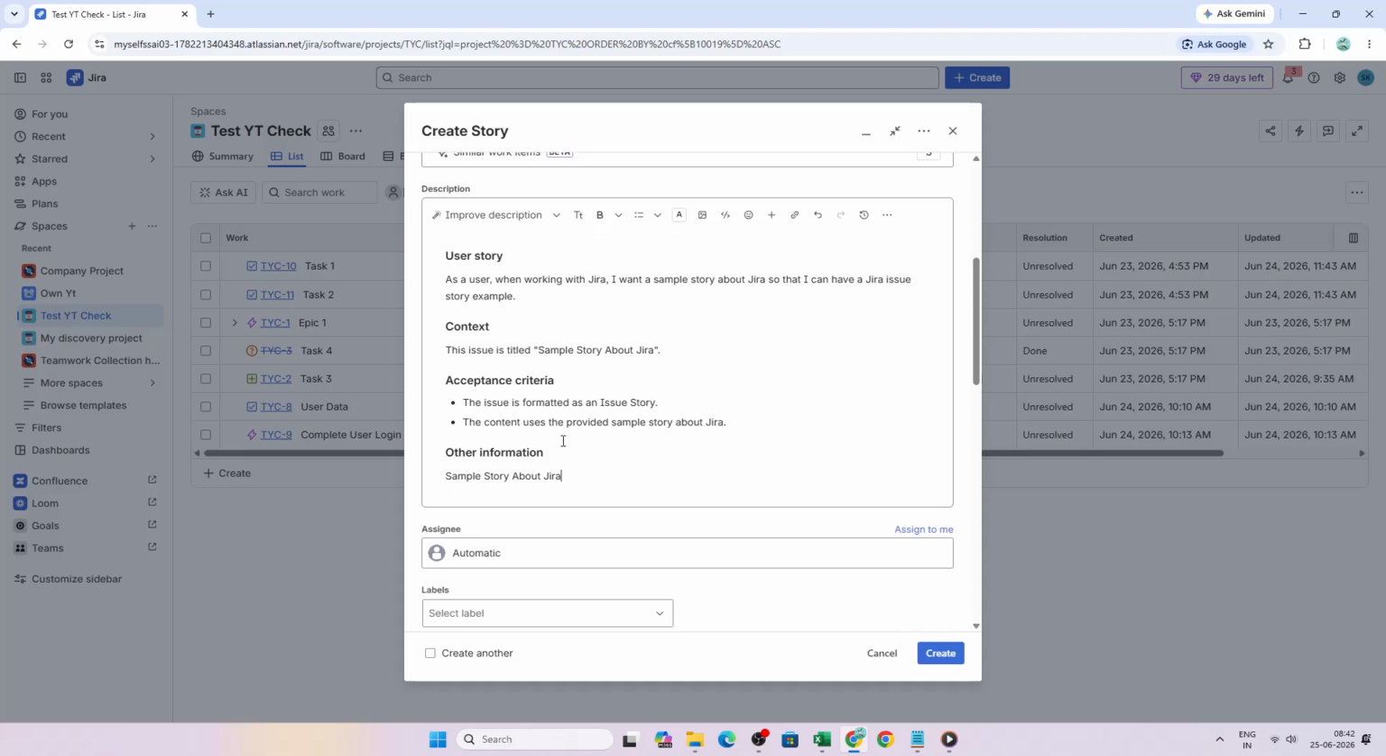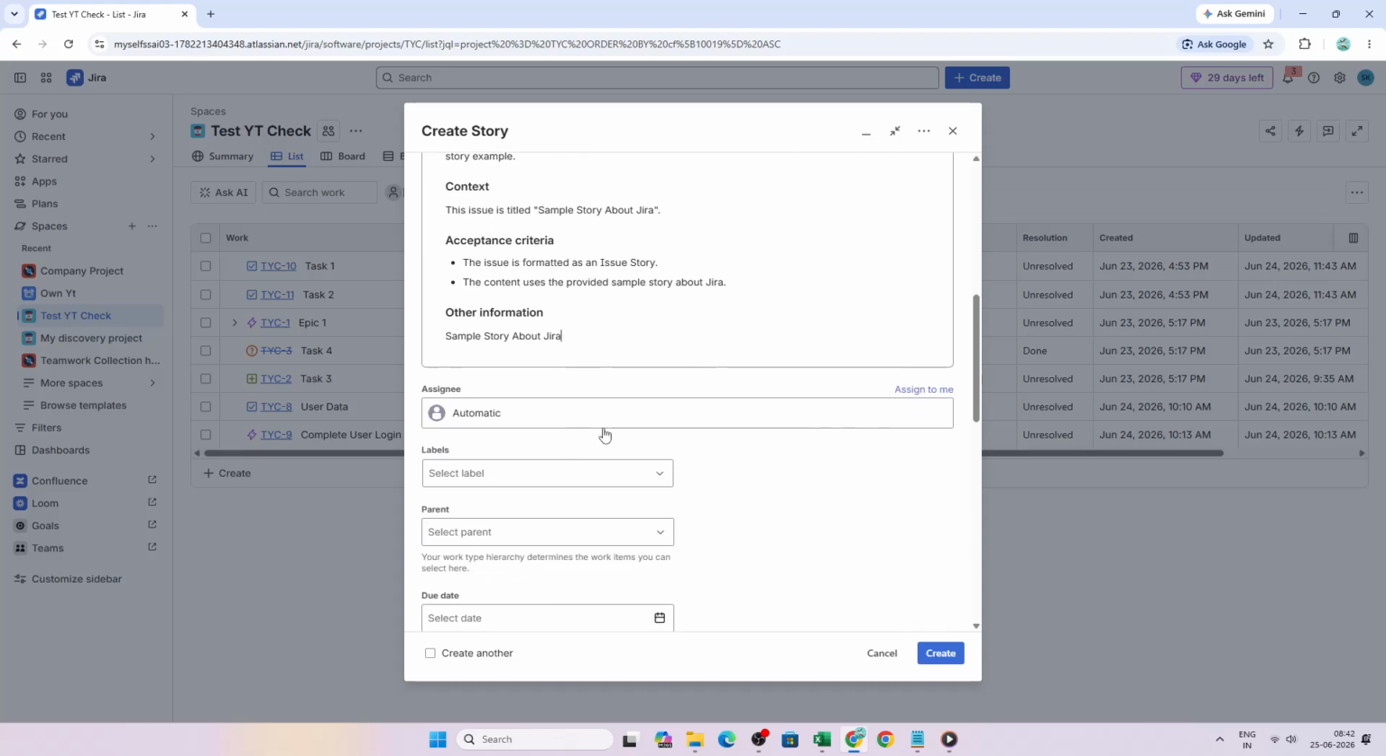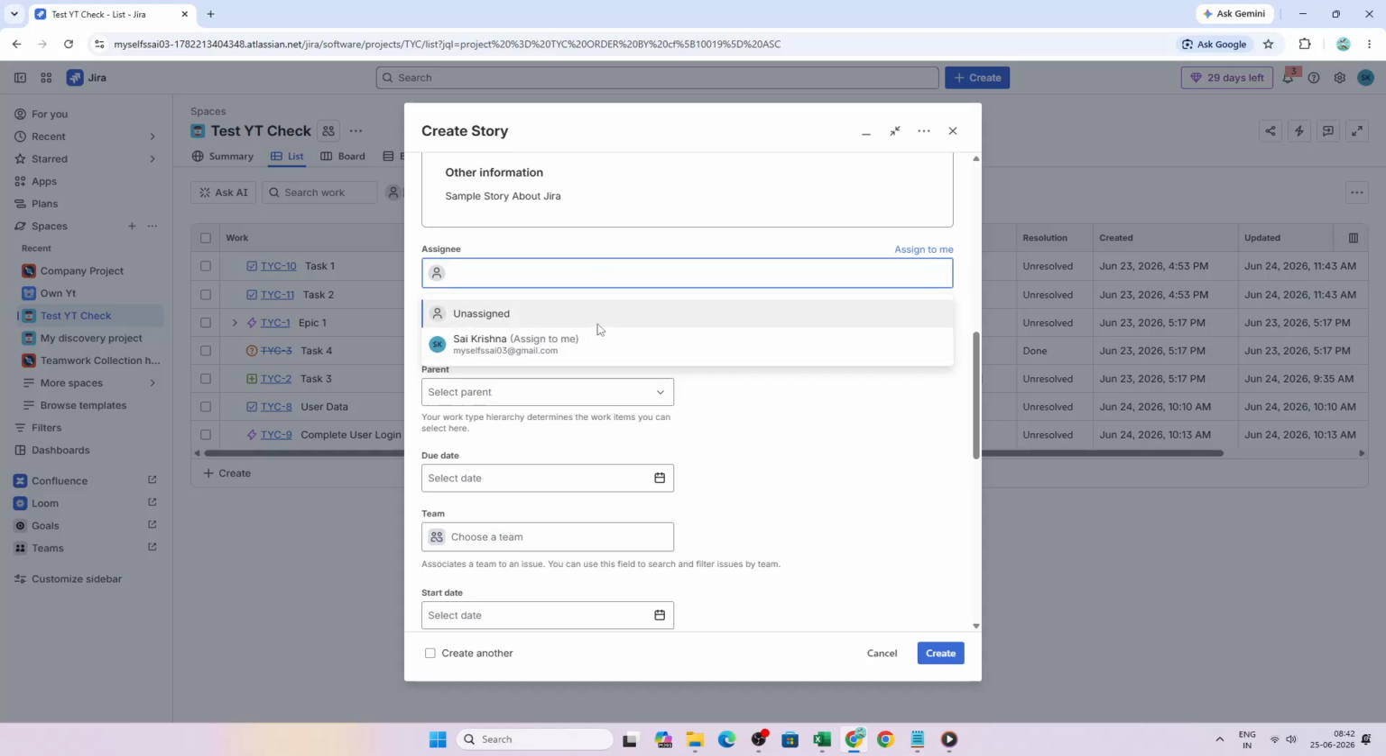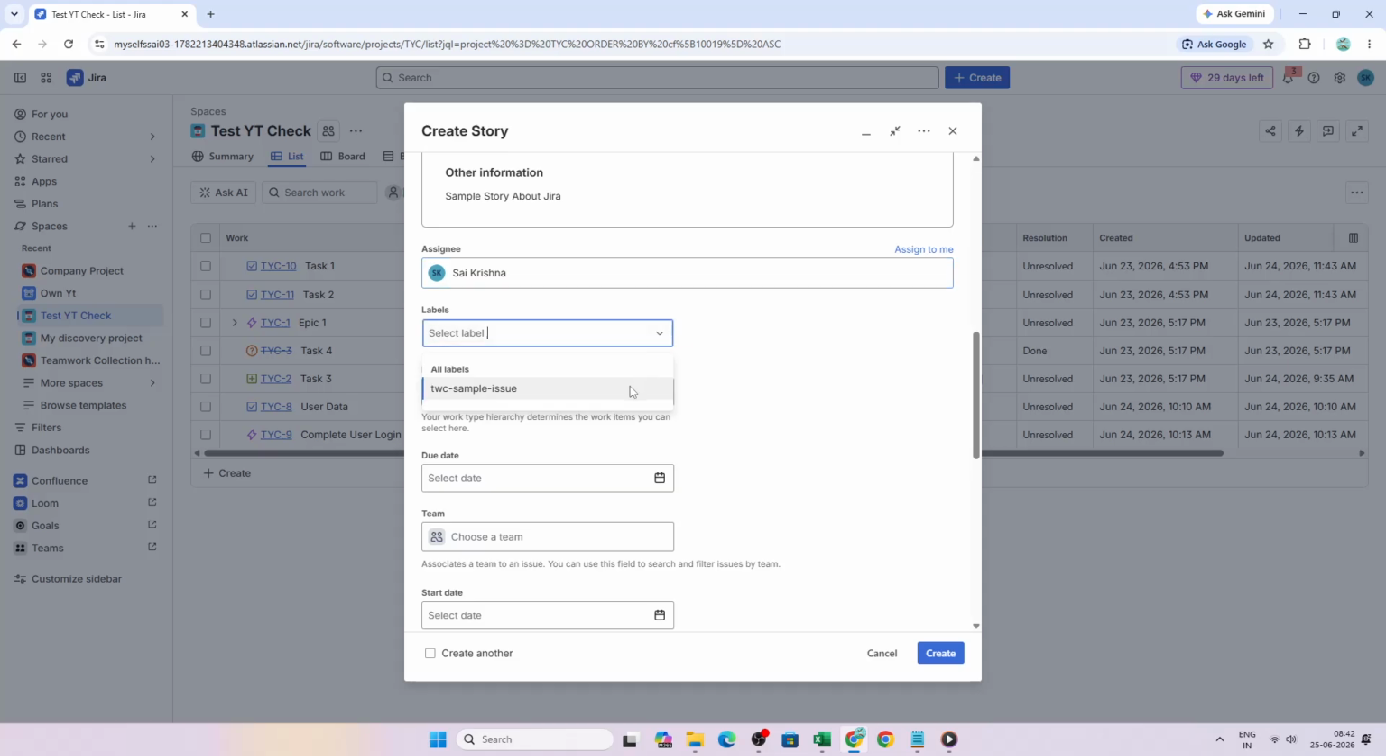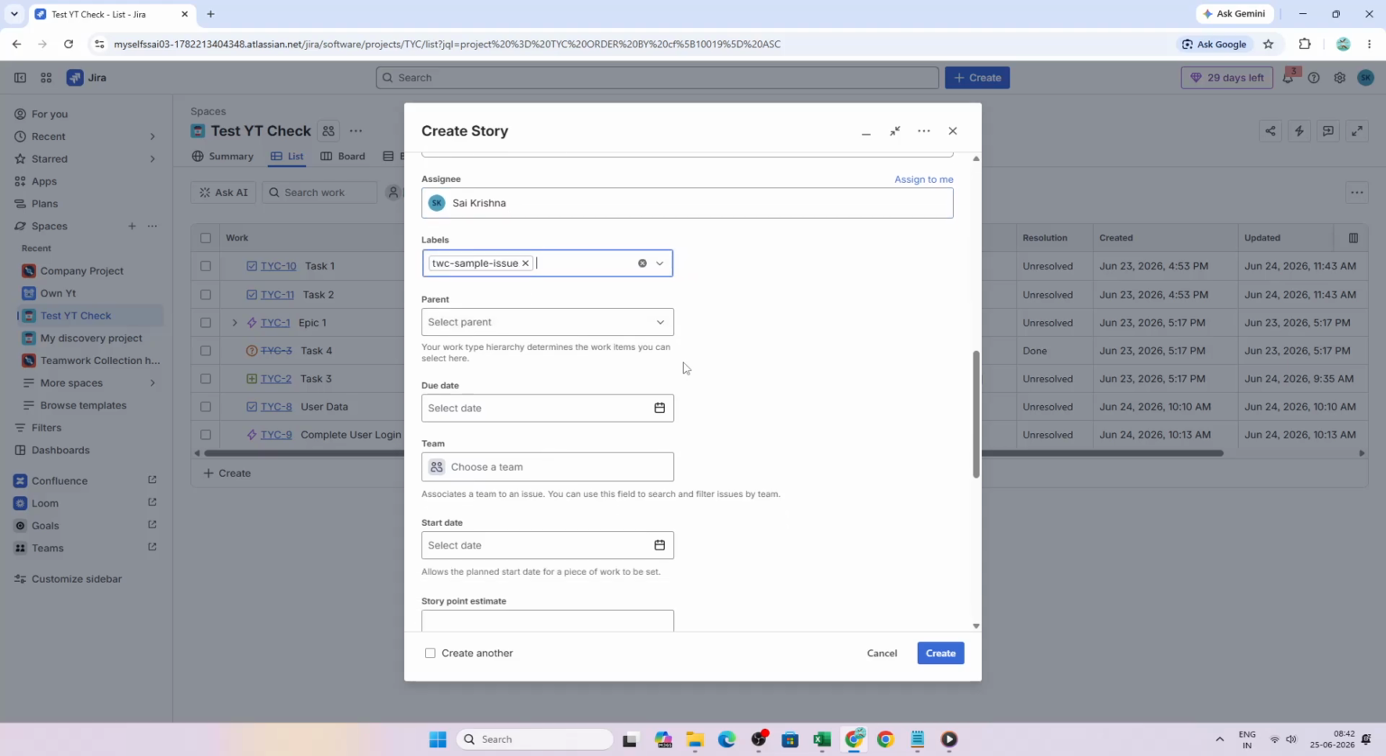work later. Then click the Assignee field and choose a person from the drop-down. Assigning the story helps indicate who is currently responsible for owning or reviewing the task. You can also add labels. Labels are useful for categorizing work and making stories easier to filter later, especially in larger projects with many items